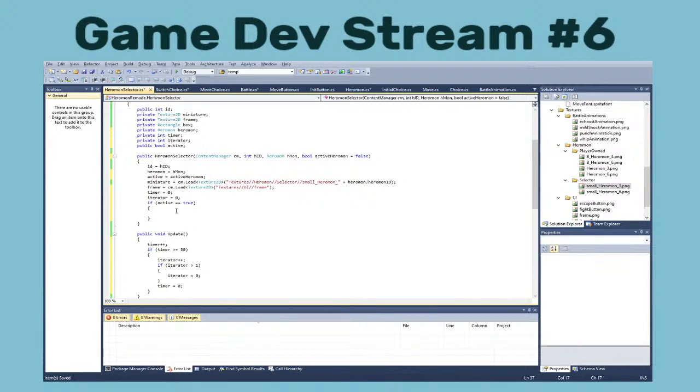Maybe. If active is true, then box equals new rectangle at maybe 100 and 280, just random numbers at this point. Frame dot width and frame dot height. Else